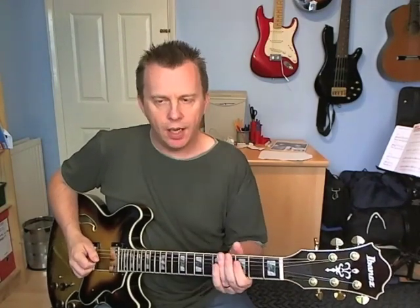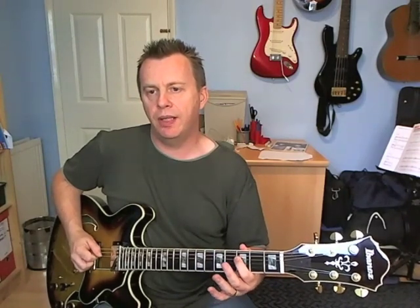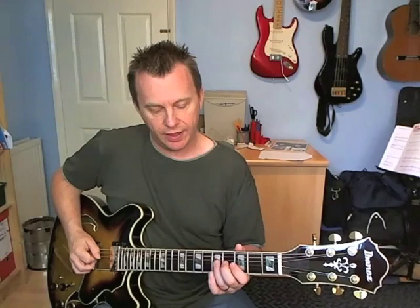I'll take it up to there. 3 to 5 hammering on the A. Then we're going to pull off from 3 to open on the D. Then 5 to open. Pull off again. Then slide up to 7. Then we play 5, 7 on the G. 6 on the B. Pull off 7 to 5 on the G. Then 7 on the D, and then 7 on the G. So you get